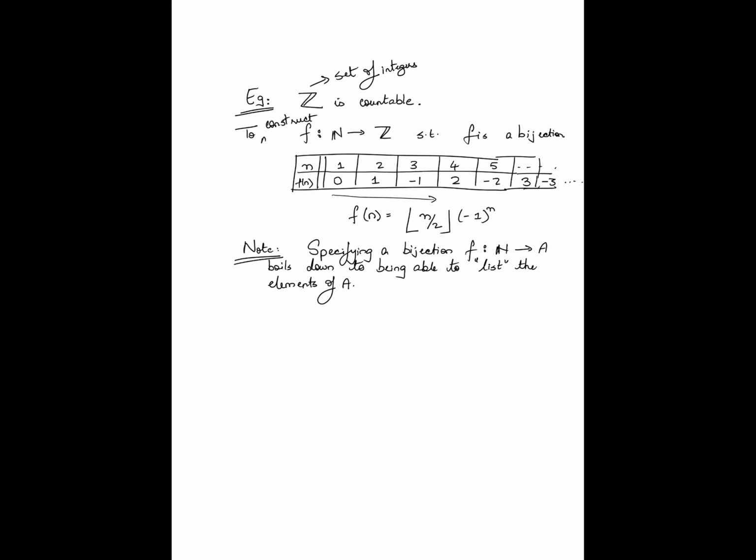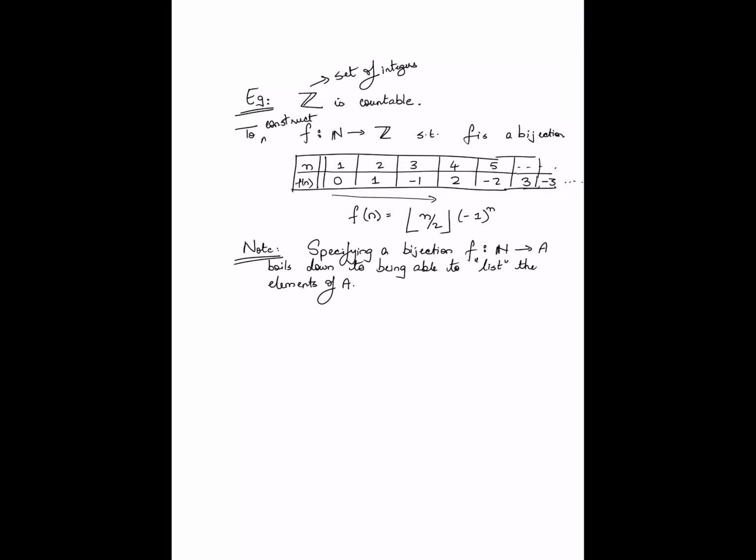Right? Because if I'm able to basically list the elements of A, that effectively defines the bijection, because I will define f of 1 to be the first element of the list, f of 2 to be the second element of the list, f of 3 to be the third element of the list, and so on. So essentially the takeaway here is that any set is countable if, of course, it has to be an infinite set, it is possible to arrange the elements of that set into a list in such a way that every element of the set shows up exactly once in that list. So if such a listing is possible, then the set is countable.